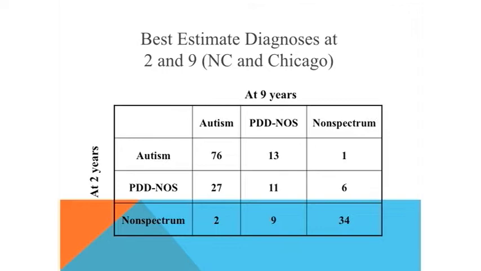And then we actually did have 2 kids whom we knew right away, actually, who we said at 2, they do not have autism. We offered them treatment. By a month later, we knew we were wrong, and they did, but those are the kids that moved into autism. But on the whole, the diagnosis was much more stable from 2 to 9 than we expected. And the one big change, again, was this moving from PDD to autism, which is one of the reasons why we don't want to have the PDD diagnosis in DSM-5, because we feel like it's confusing.